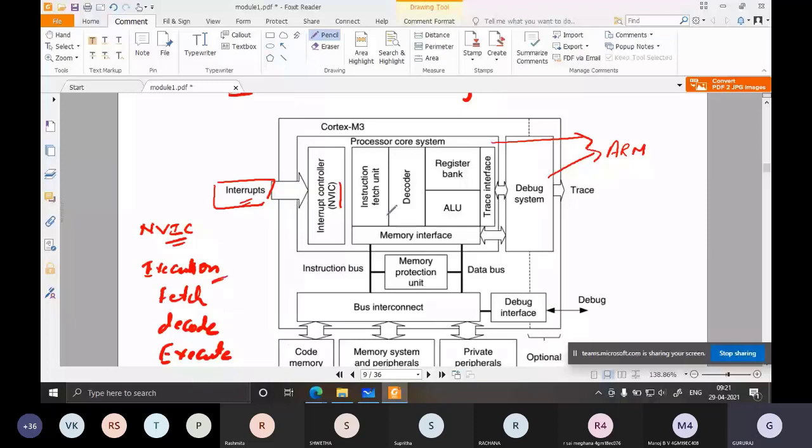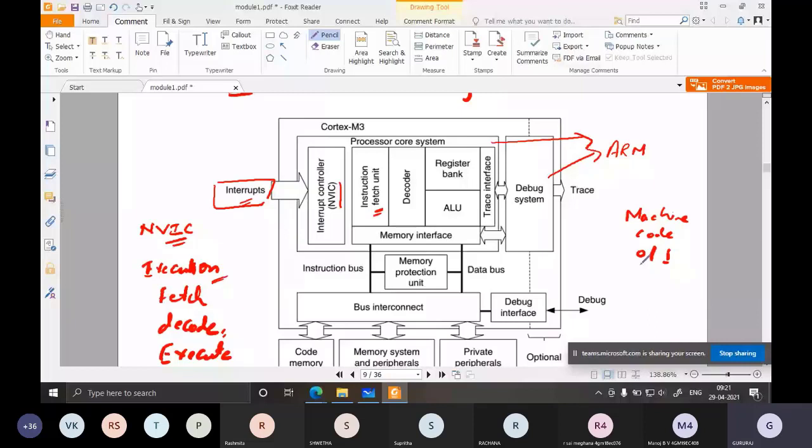For fetching, again you can see there is a separate unit here, instruction fetch. It will fetch the next instruction that needs to be executed from the memory. Next, decode. It will decode the instruction that is fetched. Decoding in the sense the instructions will always be in terms of machine code, that is zeros and ones. So machine code is zeros and ones. Once you fetch the instruction, you have to interpret it. So what is the instruction meaning?